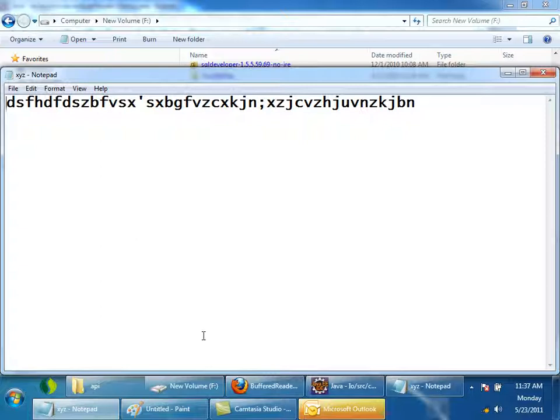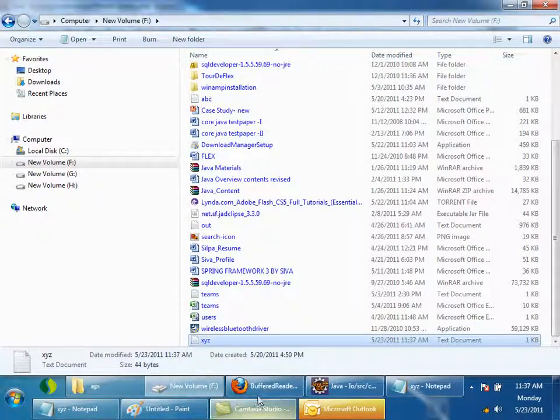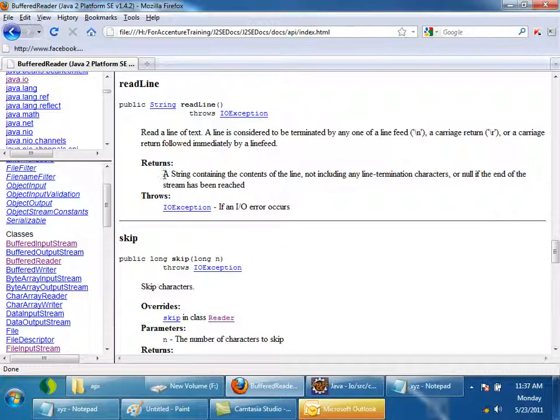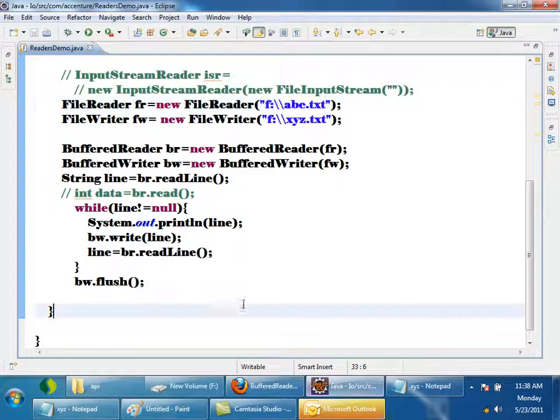Everything came in a single line, because, see here, you have to read the readLine documentation carefully. readLine returns a string containing the contents of the line, not including the line termination characters. So it will give you a line, but \n will not be there. So whenever you are writing, why can't you write something like this plus \n?